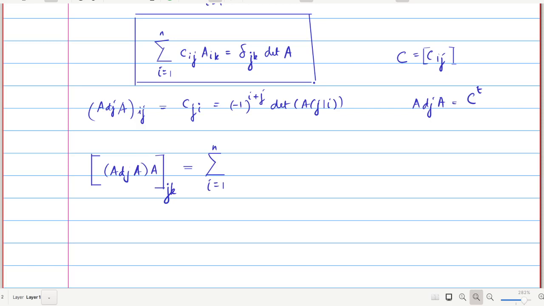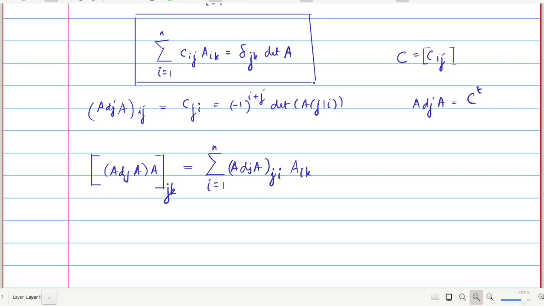We need to choose the jth row of this adjoint of A. So you write this adjoint of A, ji, and the kth column. We can choose the kth entries of the kth column as A_ik. So first you write this, i equal to 1 to n. This varies in the jth row of the adjoint of A, and as this i varies from 1 to n, this varies over A1k, A2k, A3k, and all these elements are from the kth column.